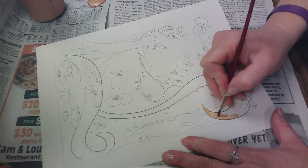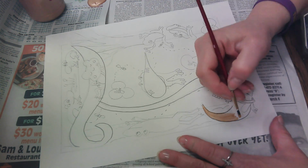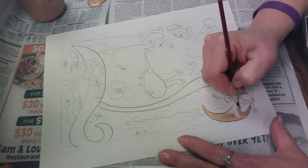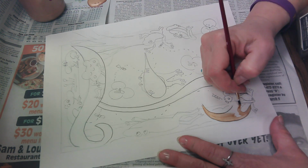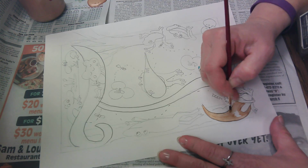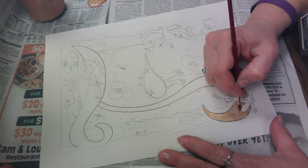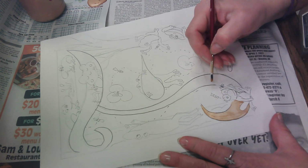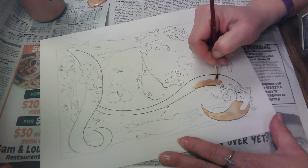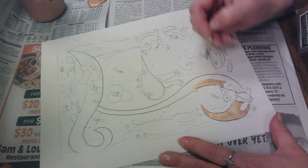Find a small enough paintbrush so you can get down into the little cracks and do the details that you want. You're going to paint the letter gold, and then find some different areas that you maybe would like gold besides just the letter. It's going to depend on each of you what you want to do, but we want to add a little bit of that gold here and there around your picture to kind of tie things together for the composition. So I'm thinking on mine,